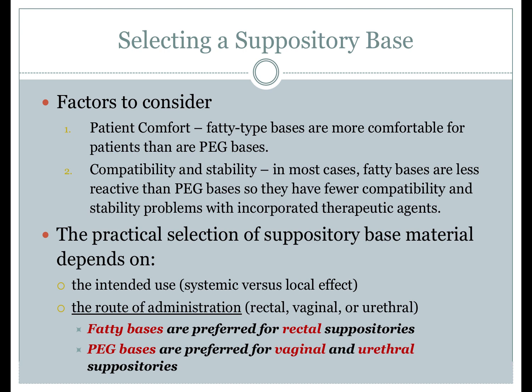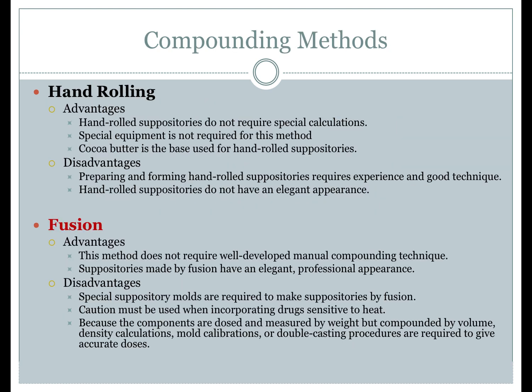Now we will discuss the 2 different methods used to prepare suppositories, namely hand rolling and fusion. We will start with the hand rolling method, which has been used historically by pharmacists for many years. One advantage to this method is that there is no special equipment or molds required for the hand rolling method. A pill roller is useful, but really any broad-bladed spatula or stiff, flat piece of non-reactive material can be used